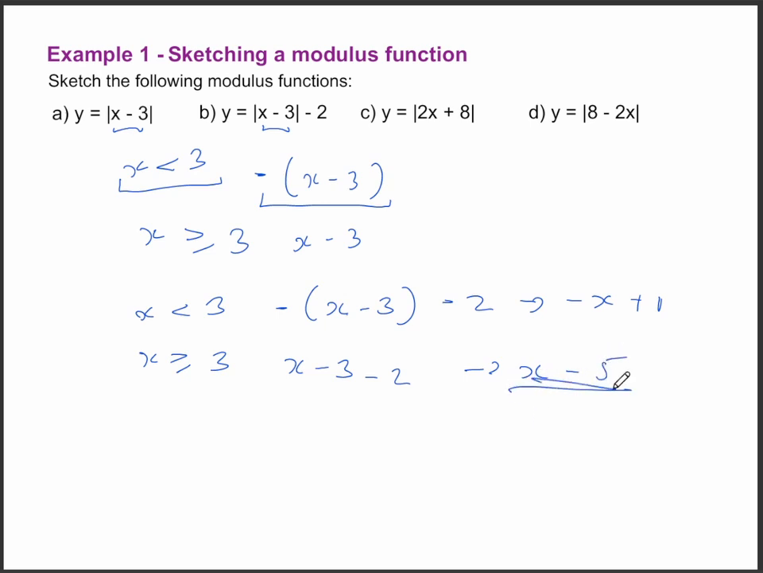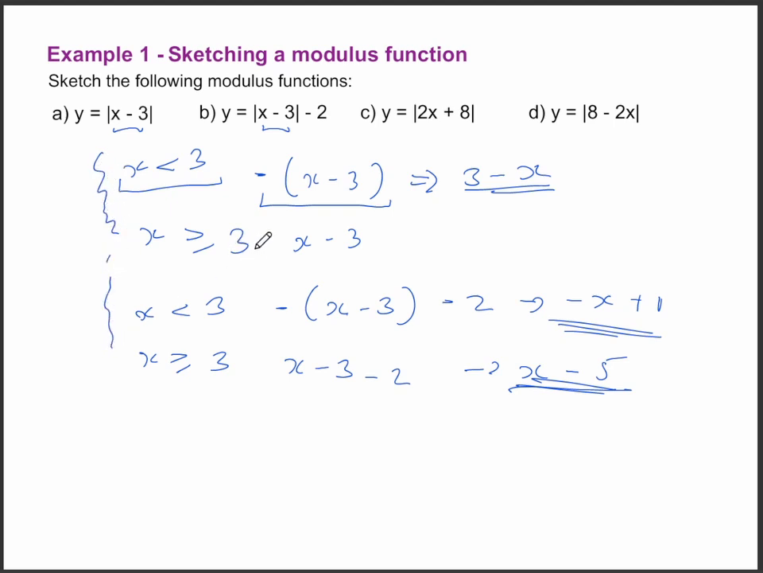So that's going to be the function when x is greater or equal to 3. And that is going to be the function when x is less than 3. And obviously, we can rewrite this as 3 minus x. Then we look at C, where firstly, we need to find what that x value is